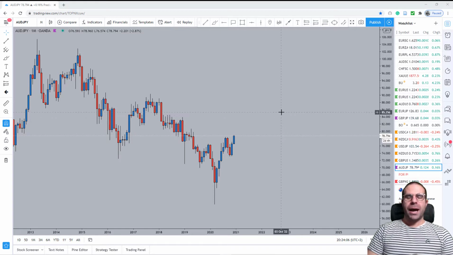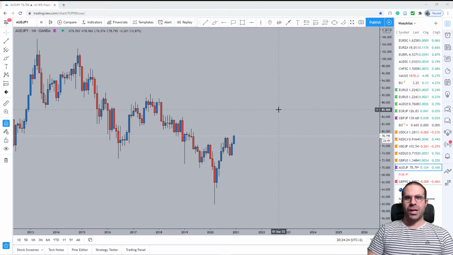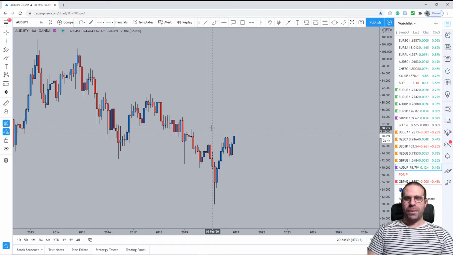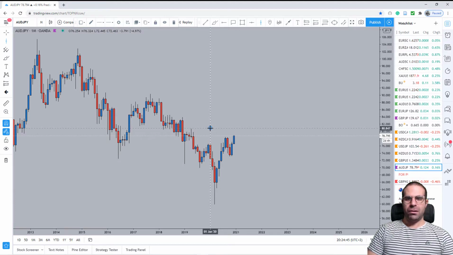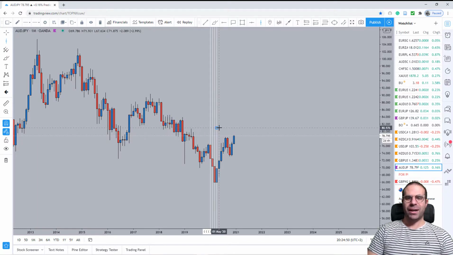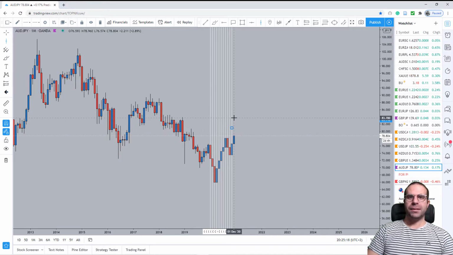And for today's purpose, I have Australian dollar, Japanese yen, and as you can see, I am on the monthly time frame for just one purpose. You can follow these steps. You can click on this vertical line and then go on drawing mode here on the TradingView platform, and then we will start from January 2020. January 2020 is right here, and here we can place all the lines. These are months. Every candlestick represents one month. So when we move down to the 15-minute time frame, we will be able to see which months we have gone through and which months remain for testing this specific pair.